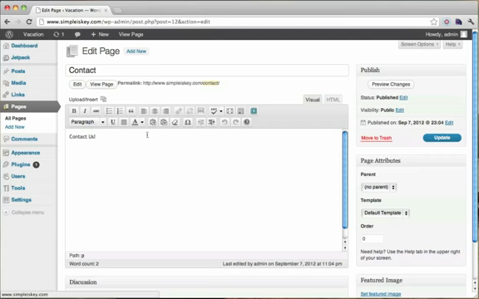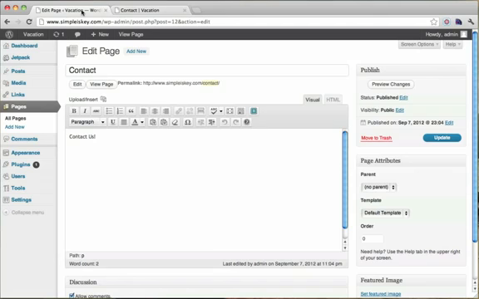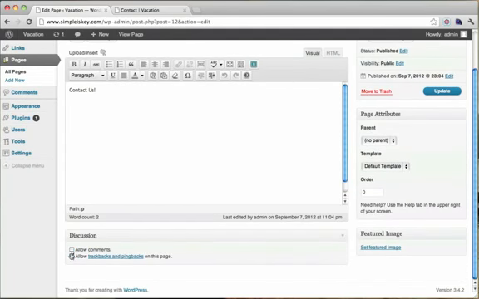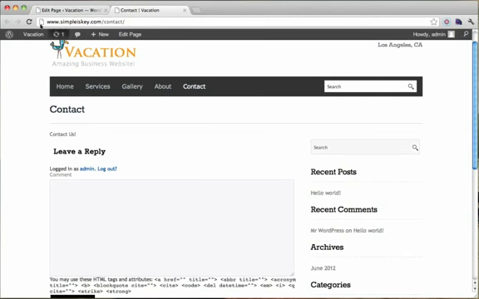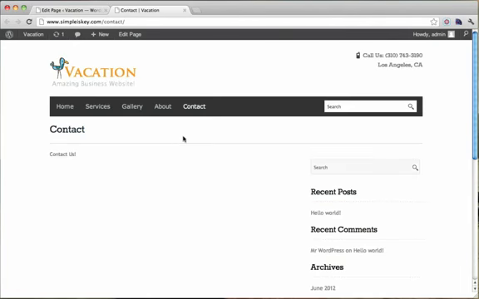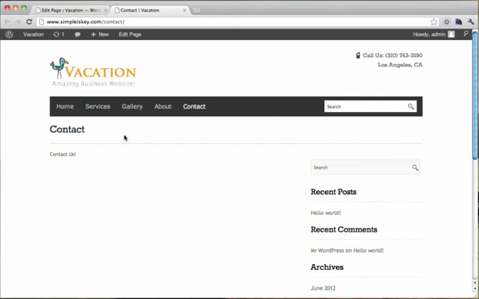Okay, so now that we're on the Contact Us page, we don't have anything to put the plugin in. But while we're here, let's view the page, and where it says leave a reply, let's get rid of that. So we go here, make sure discussion is checked off, and go down here and just uncheck both of these. Then click Update. Now we see the reply thing, we refresh, now we don't. Alright, so we have a nice clean Contact Us page. And later we're going to figure out what to do with this sidebar, but for now let's just focus on